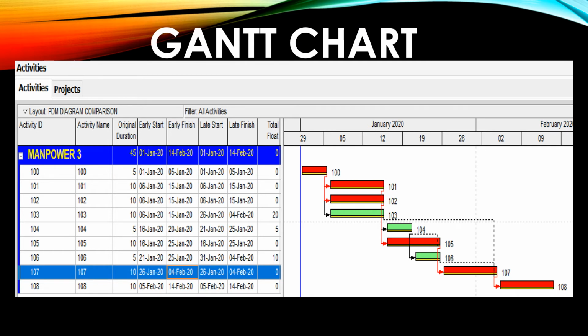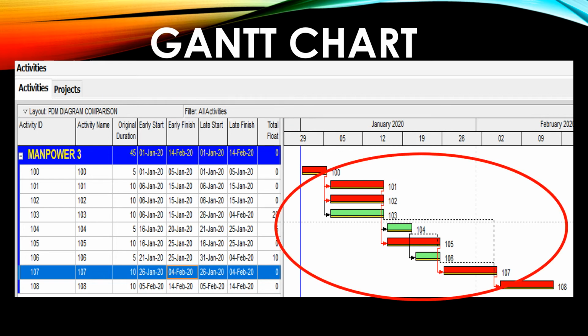As you can see here, we still have the same schedule we created over with our PDM diagram with all the same activities and links, but now you can see they're listed in rows on the left side, and over at the top you can see we have the columns showing the durations for each activity, the early start, the early finish, the late start, the late finish, and the total float. Then over on the right hand side you can see all of the activities and their relationship ties moving across